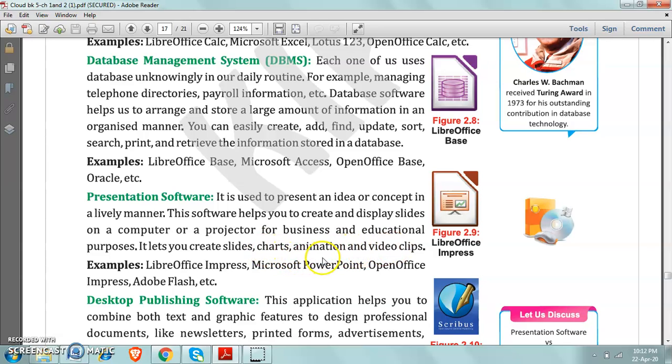Examples: LibreOffice Impress, which helps us to create a presentation with the help of a number of slides, Microsoft PowerPoint, OpenOffice Impress, and Adobe Flash, etc. These are the examples of presentation software which help us to do work on computer in a presentative manner.